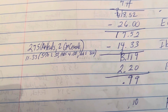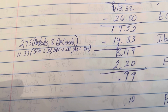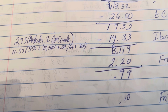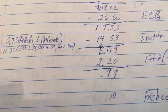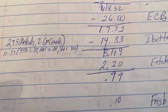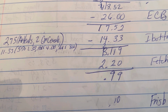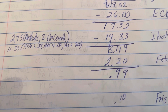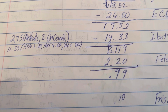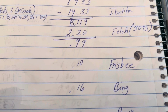And by the way, those Ibotta, I've kind of said $2.75 for one of those Ibotta transactions. That's 2 General Mills cereal and 2 Airheads. You must buy 2 of the Airheads. Then the $11.33 that came off from the $14.33, that's 5% back in CVS bucks, because they're doing that now too for a little bit. It was 6% several weeks ago. That ended and wasn't available last week, so the 5% is back that you're earning. Head and Shoulders, $4 for the smaller ones, then $8 for the 2 large ones. So that brings it down here to